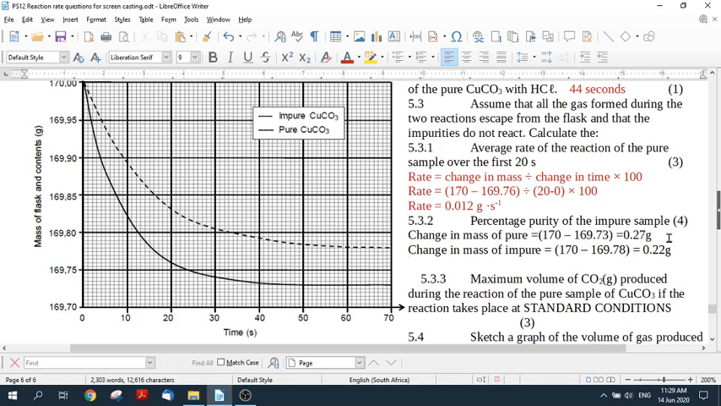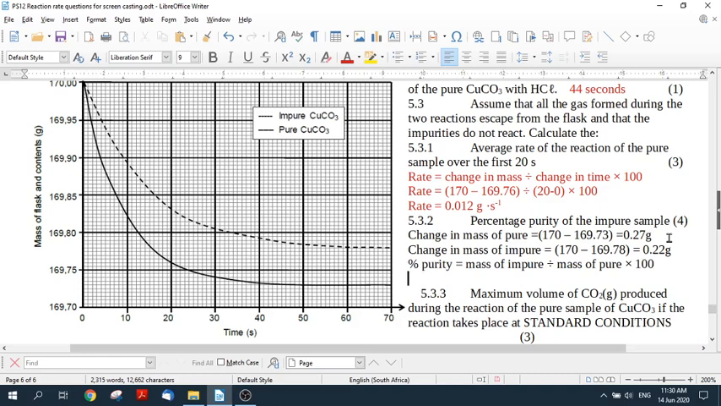So now if we want to find the percentage purity, we need to spell this correctly, it's going to be the mass of the impure divided by, and it's not the impure sample, it's the mass of gas produced by the impure sample, but I'm not writing this down because it won't fit. Okay, so it's the mass of the impure over the mass of the pure times 100 to get me to a percentage. So my percentage purity is going to be 0.22 divided by 0.27 times 100,